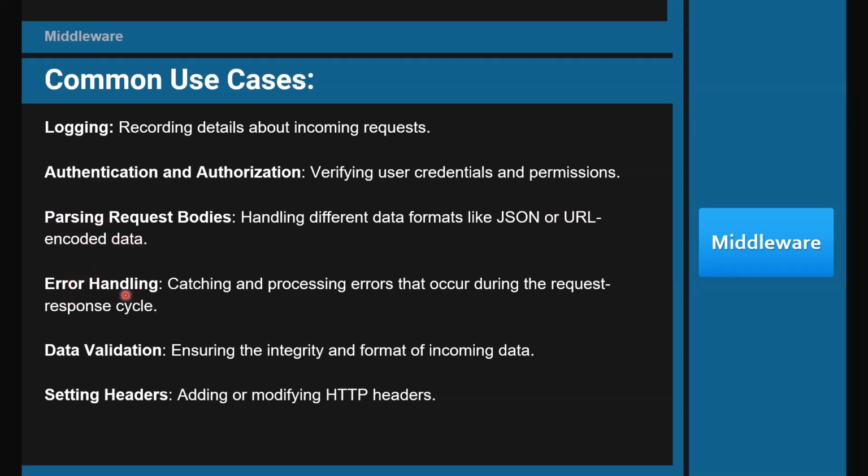Middleware for error handling: middleware is mostly used for catching and processing errors that occur during the request response cycle. You can also use middleware for data validation, ensuring the integrity and format of incoming data. Setting headers: middleware can be used for adding or modifying HTTP headers, which we have already discussed in the previous lesson. You can check the lesson about HTTP to understand HTTP headers. Okay,